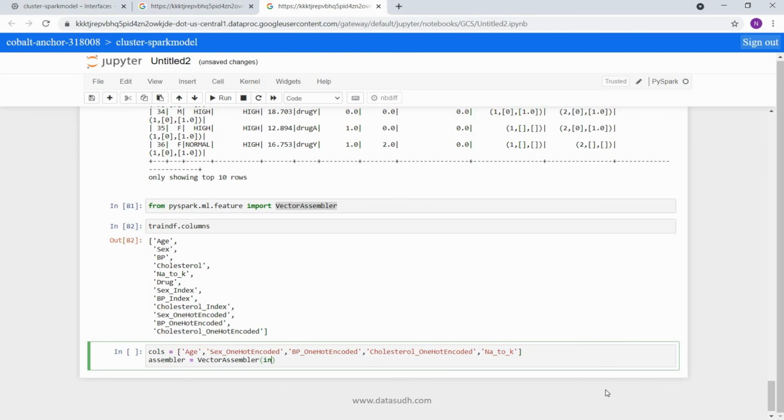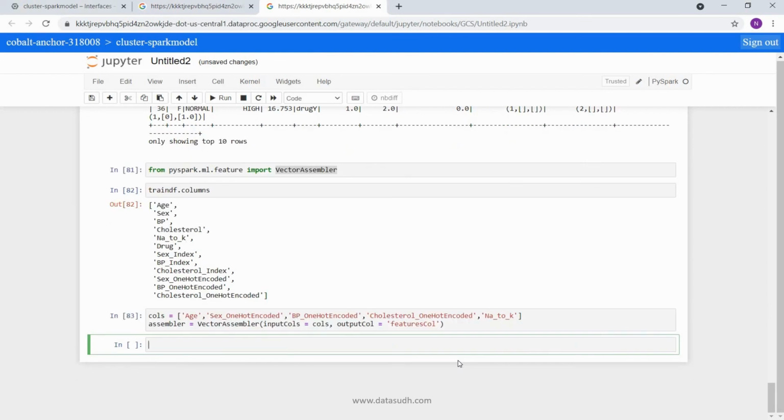I will specify input cols equals to cols, and my output column will be one single column, that will be the features column. That will be one single vector combining the data of all these column values of that specific row. Okay, run this. So now my object is created.